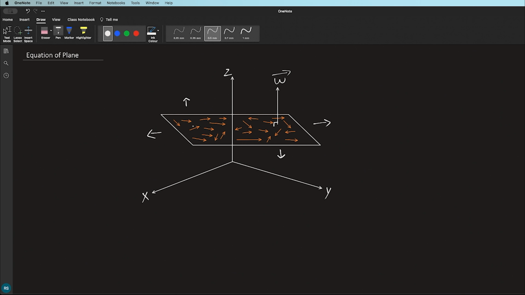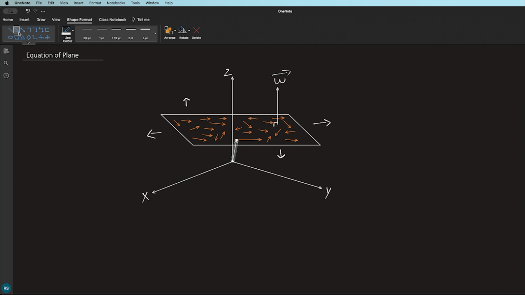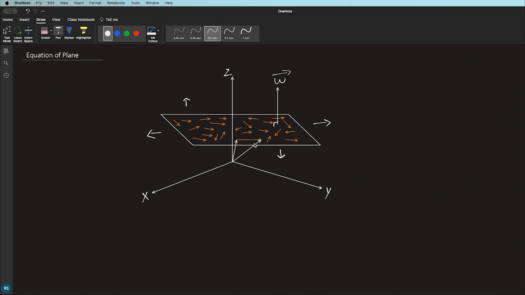Now, in order to define the plane, I will choose one vector here, and suppose I choose this vector, okay, and I will draw two other vectors touching the initial point and terminal point of this vector. So these vectors that I have drawn from the origin, the first one is denoted by say x naught and the second one is denoted by say x. And suppose this vector w has the components a, b and c.